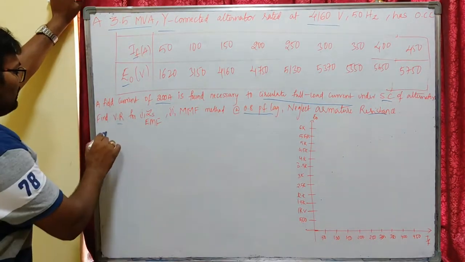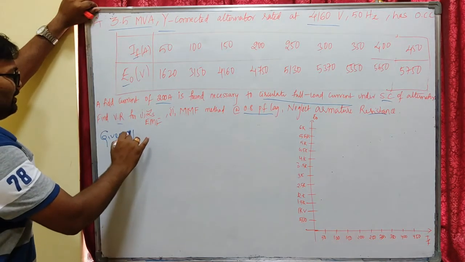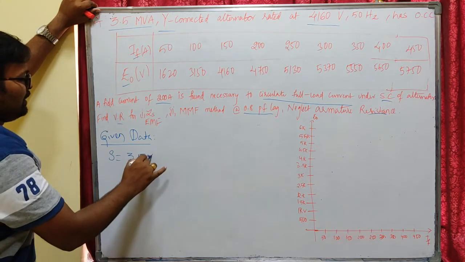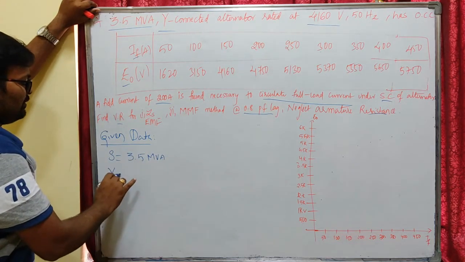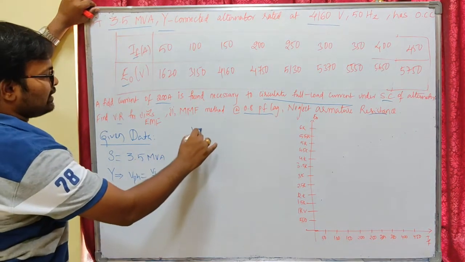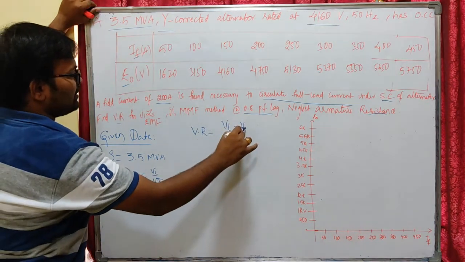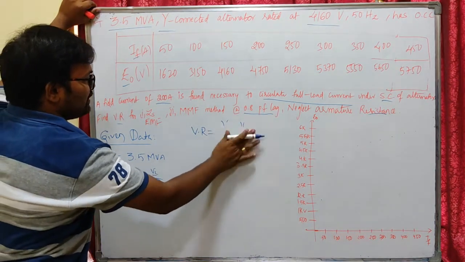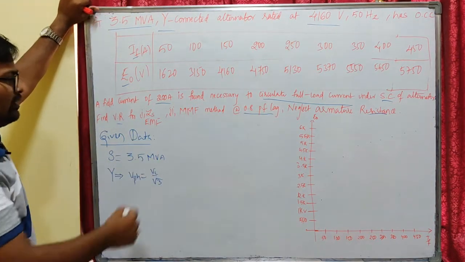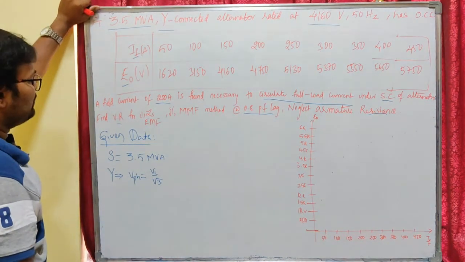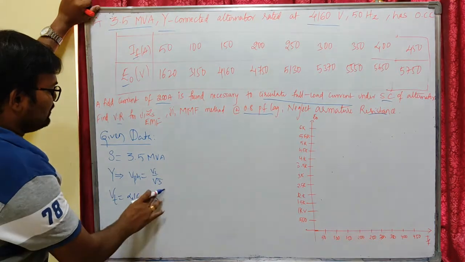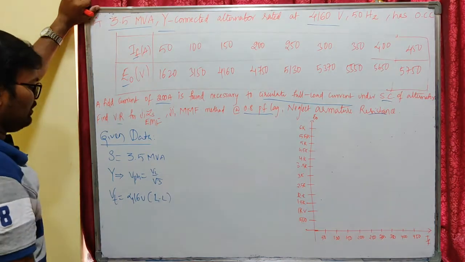For that, let us write down the given data so that we can get clarity. Given data is the machine rating S equal to apparent power, that is 3.5 MVA. Because it is star connected, the phase voltage will become line voltage by root 3. Okay, and voltage regulation can also be calculated with line values because it is a ratio. Okay, line value by line value will be cancelled, so there will be no need to substitute phase voltage in the ratio. You can directly substitute the line voltage. Okay, so given data has terminal voltage as 4160 volts as it is 3 phase. This is line to line RMS. Okay, that is line to line voltage.